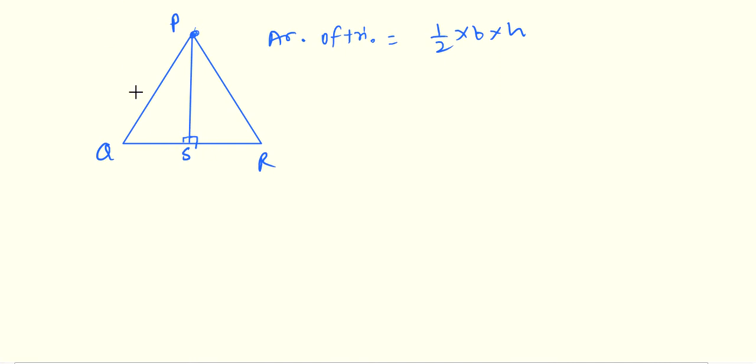Okay. Similarly, if from vertex Q you are having an altitude. So now for this question, your base is PR, but your height is QT. Okay. Then if you are having from vertex R, this is U, so your height is RU and RU is on PQ, so base is PQ. Clear? Then what if you are having an isosceles triangle?